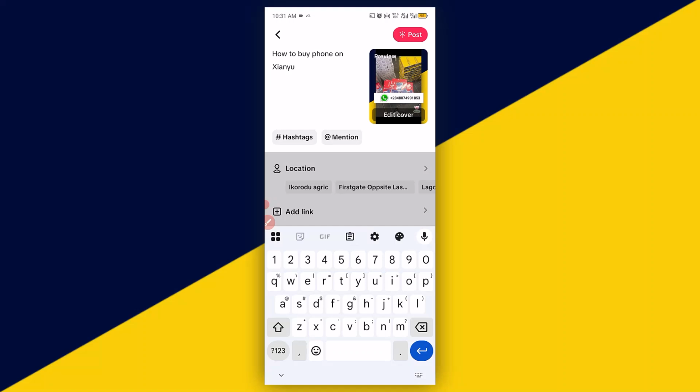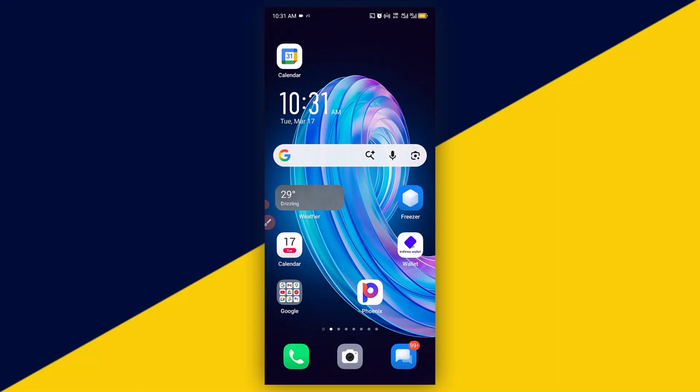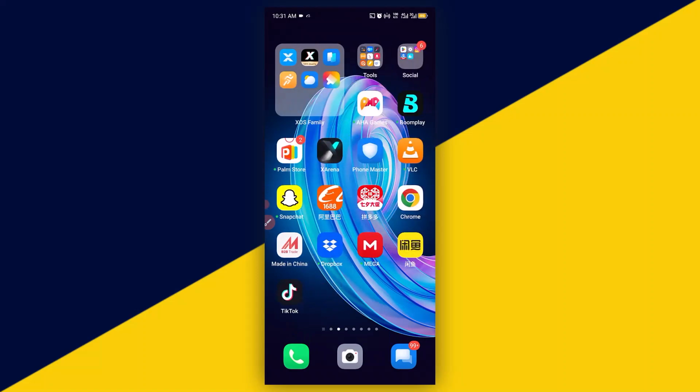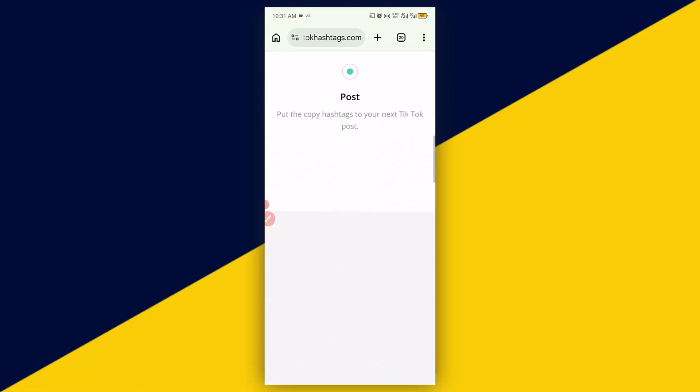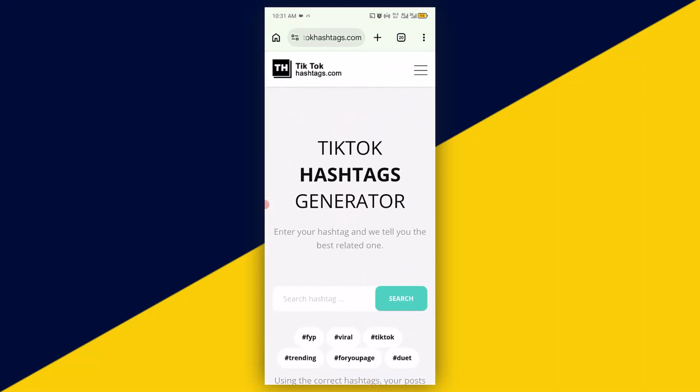Then we want to make sure we exit from TikTok again. Then we have to make sure we go ahead and open up our browser. So I'm going to go ahead and open my Chrome browser right here. So having opened up the Chrome browser, next thing you want to do here is to visit this particular website right here, TikTok